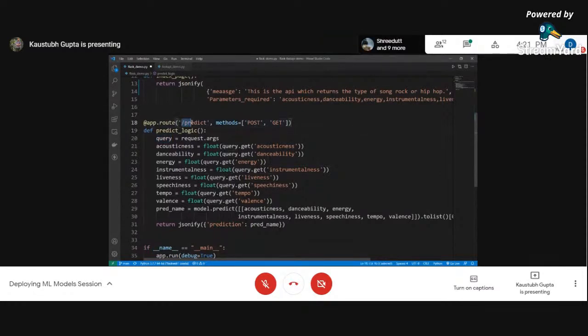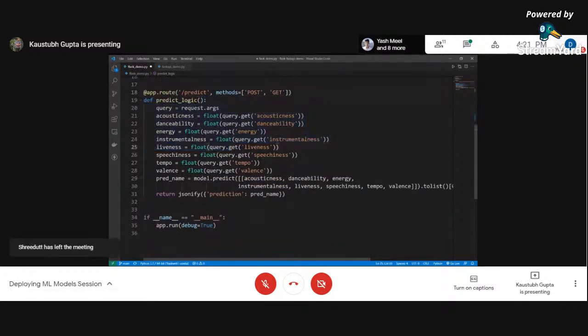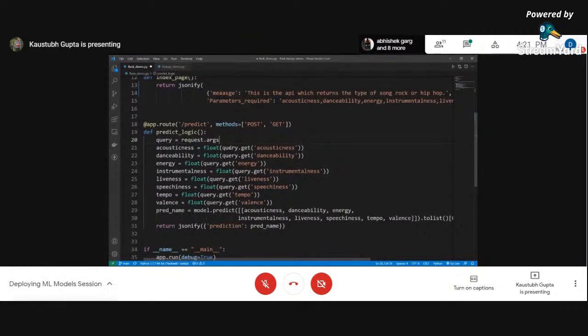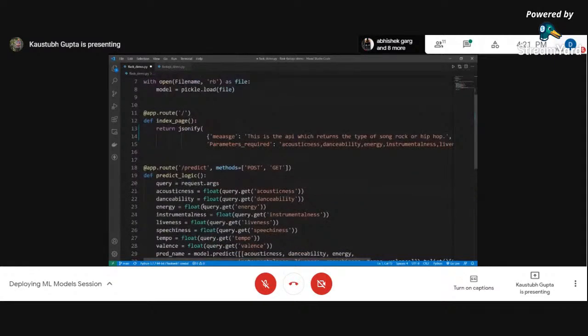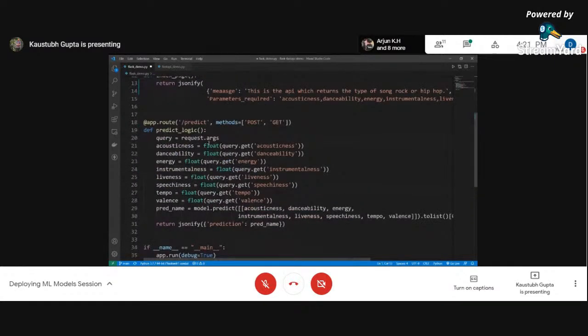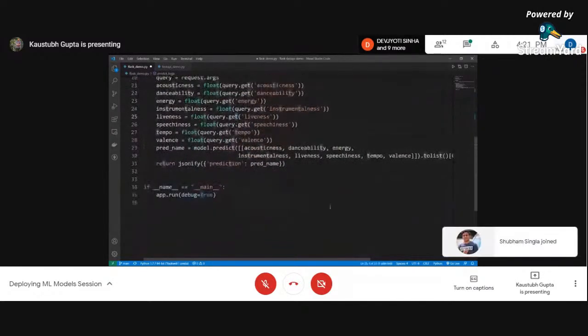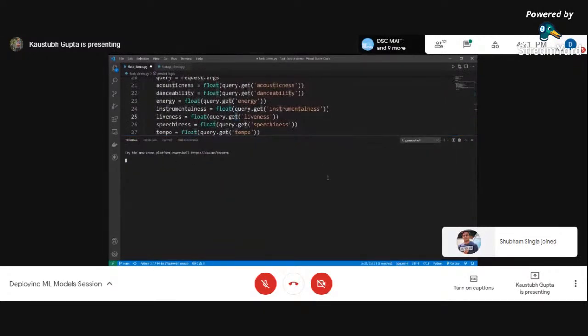So we have created the predict and then a query to fetch the data. The fetching of data is done by getting the argument from the request. I've imported request from Flask, and we can directly use the dot get method of the query to get the parameters of our endpoint. So let me run this application and then I will be able to get a better